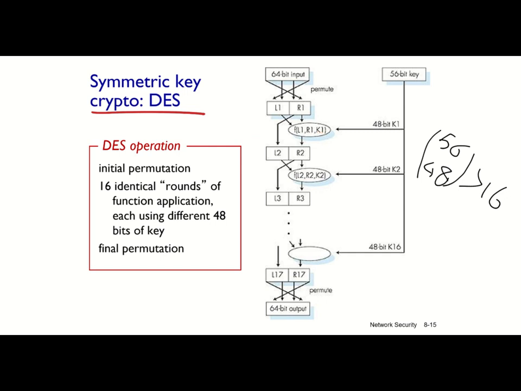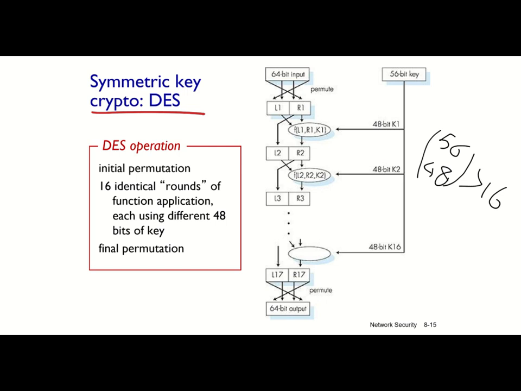And then that would give you the value for R2 in the next round, and L2 is equal to R1. So this is how you create the next 64-bit input for the next round of encryption, and then again you apply f on L2, R2, and K2 this time, where K2 is the second 48-bit key that we choose from the